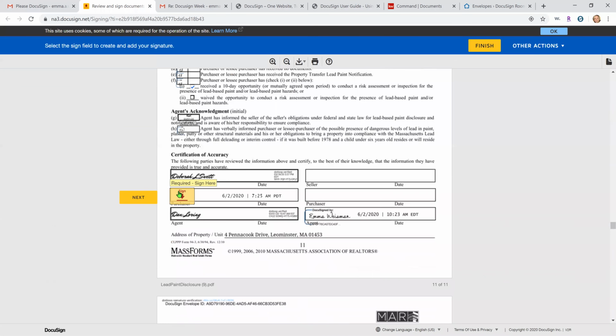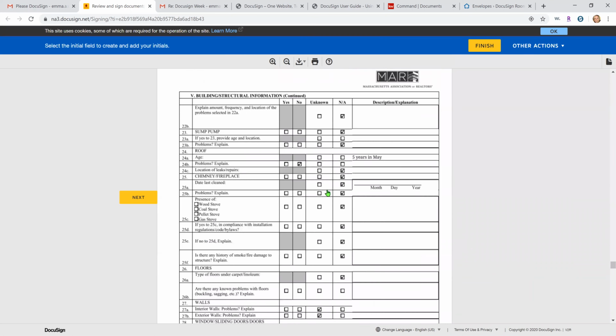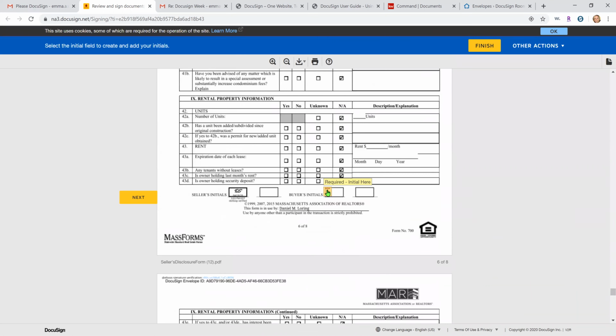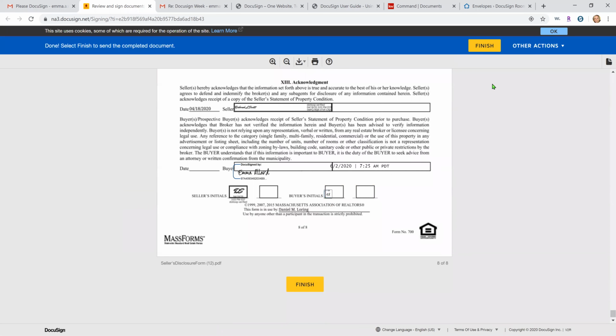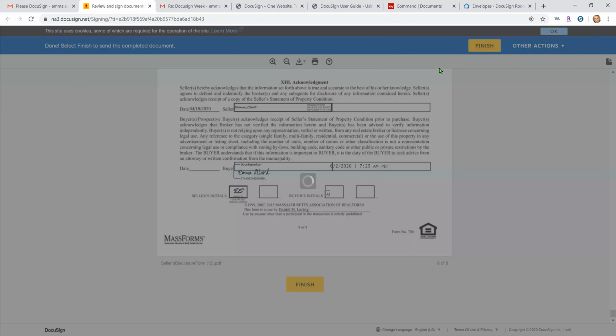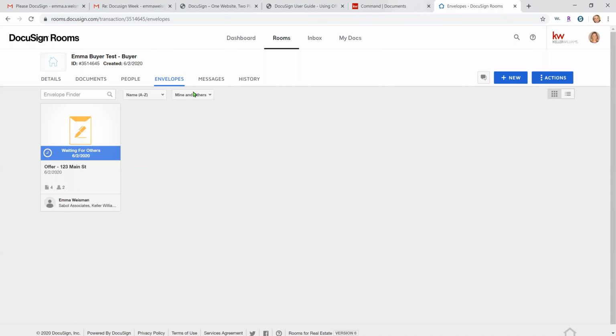So I'm clicking through everything. Very easy, very similar to .loop. This is me as the consumer. Still have to hit finish. It's going to ask me if I want to log in. I'm going to say no. So now, back as the agent, once they have signed,